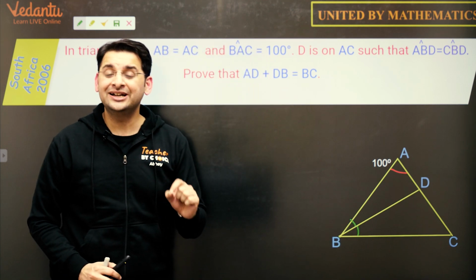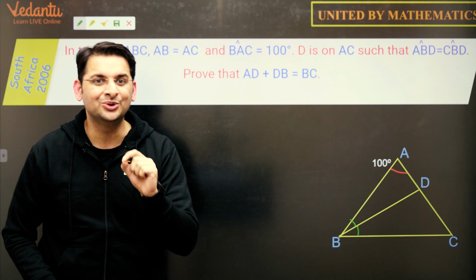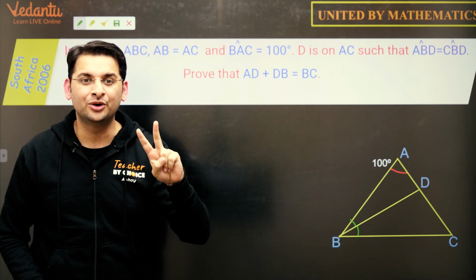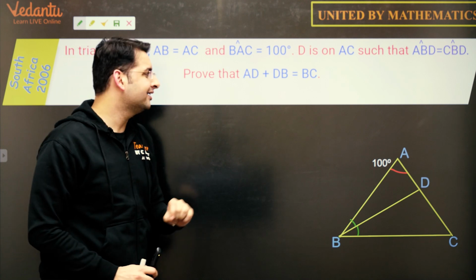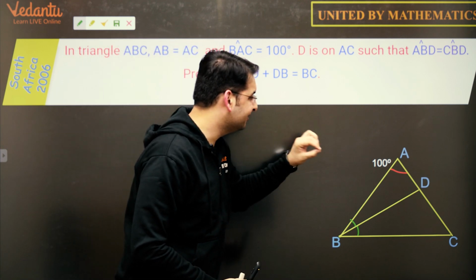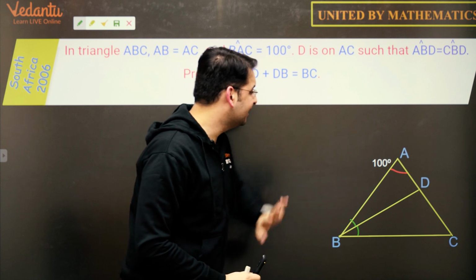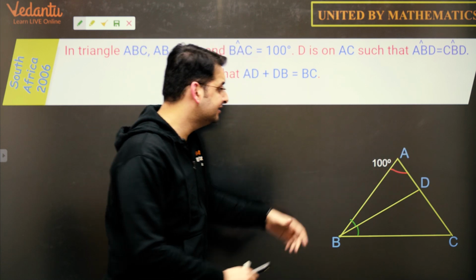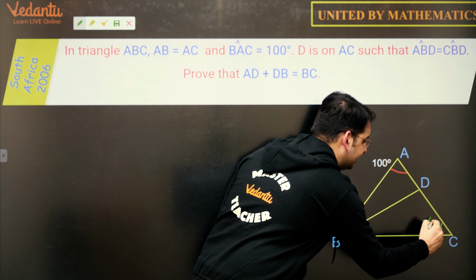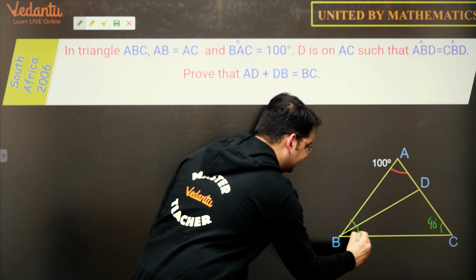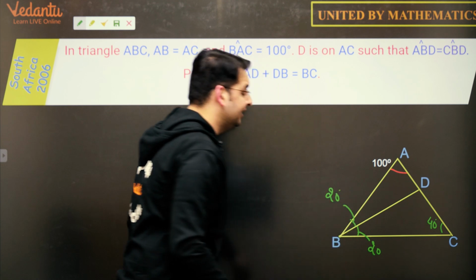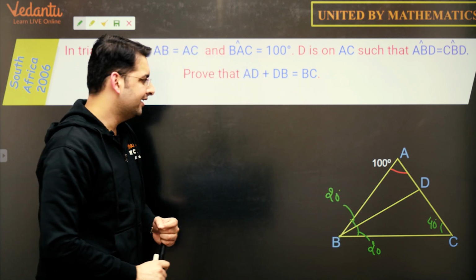This is quite an elegant question, and we will do this question using two methods, one by geometry, the other by trigonometry. So let us look at what we are given. We are given that the vertical angle is 100 degrees. This is an isosceles triangle, so that means this little angle is 40 degrees, and this is 20 degrees. Likewise, this angle is also 20 degrees as per the information given in the question.